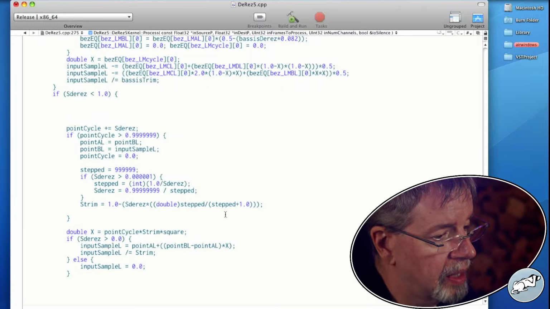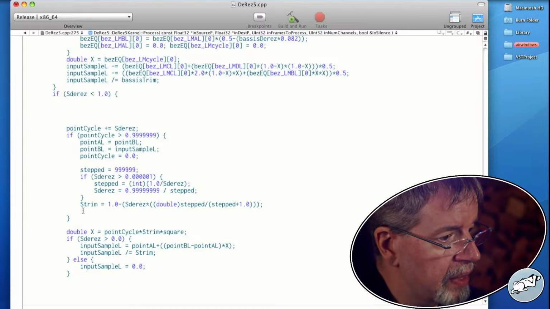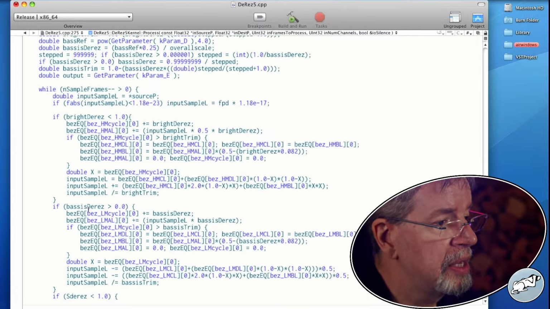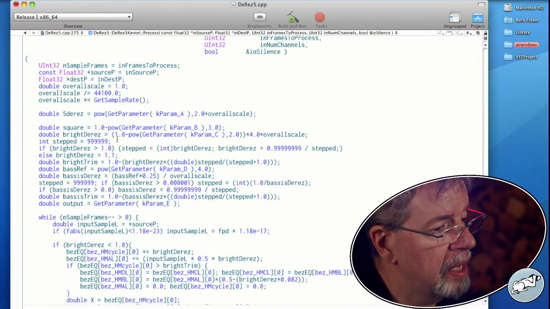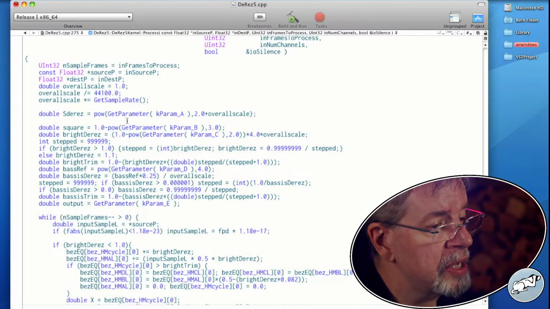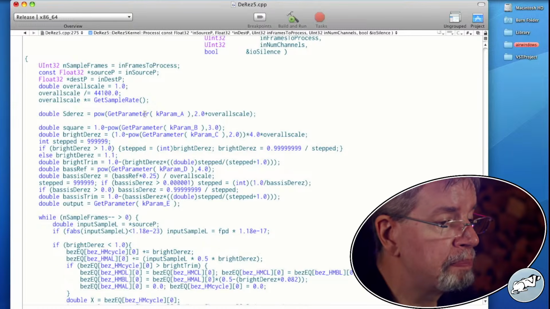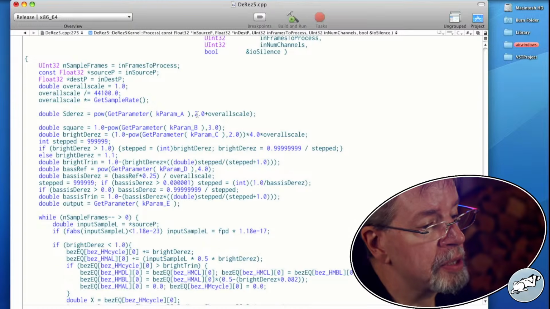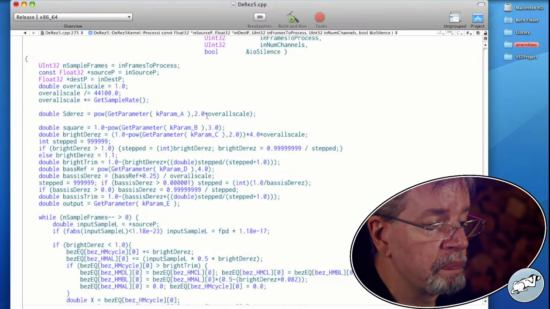Anywho, we're busy doing this, but what if SDRes was not simply what we have up here? SDRes is swooping its way down to a very low frequency, but it'll go up as high as 1. And it's the power of 2 plus overall scale. So this is basically a number between 0 and 1.